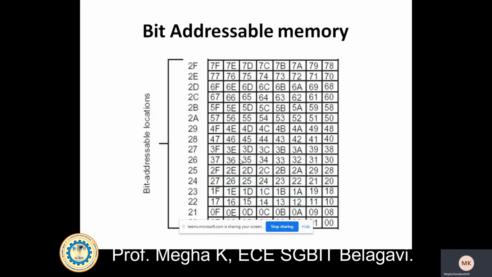So this is bit addressable memory. As I told you, it starts from 20H and ends at 2FH.